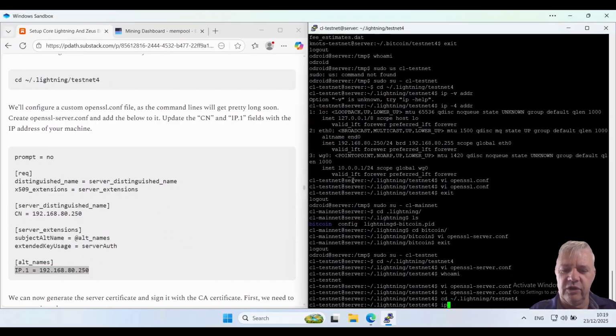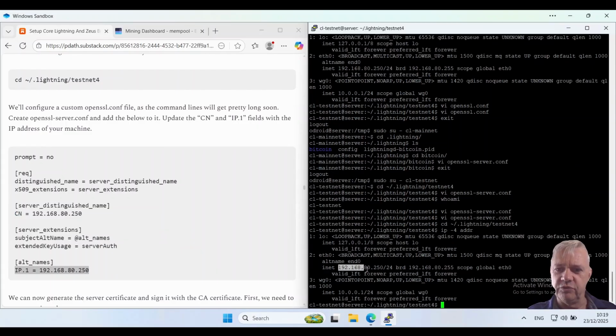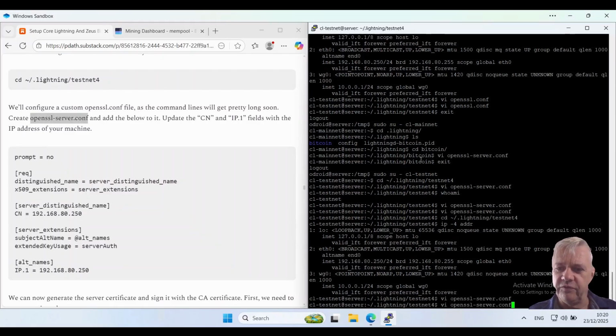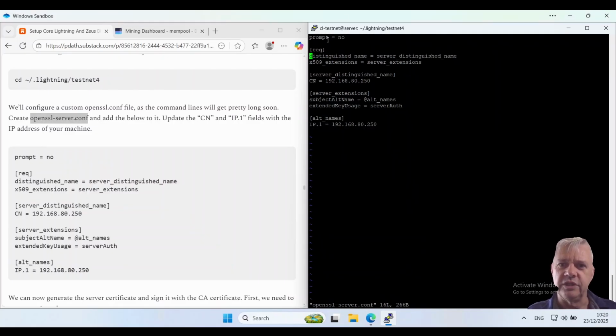So if you're not sure, you can go ip -4 addr, and that will show you the address of your machine. That'll need to be static. Copy and paste that in the file. I've already got that file, but I'll just open it up with vi. So you can see I've got all my contents pasted in, and I've updated my common name and the IP